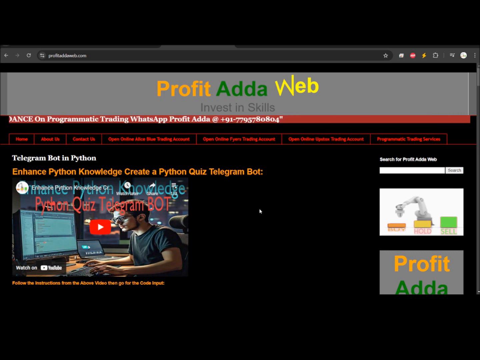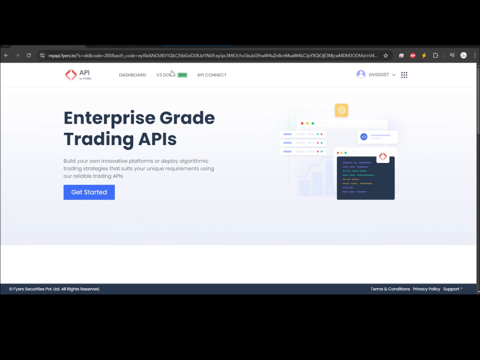To move to the plotting of charts, I must say that we have some prerequisites. First of all, you need to have an account with FYERS, and the access token should be generated. I have already done that part with the help of the auth code. After that, what I have done is